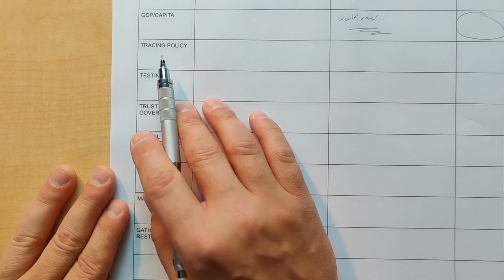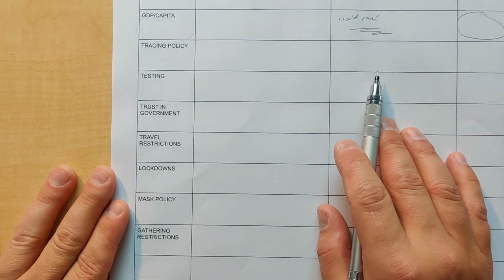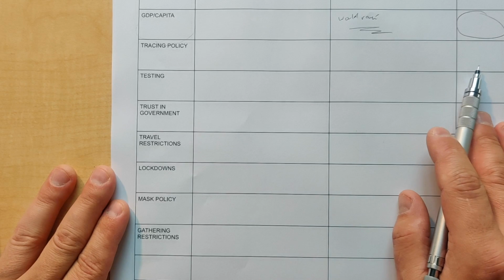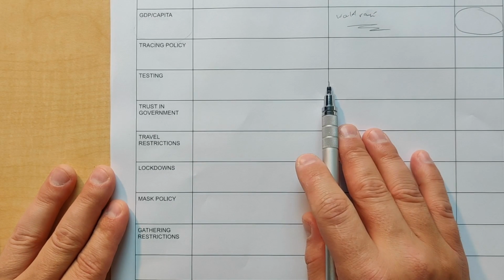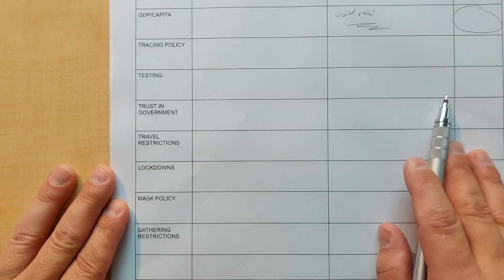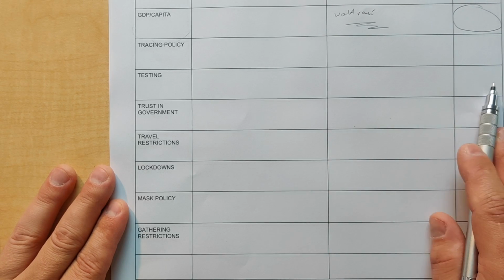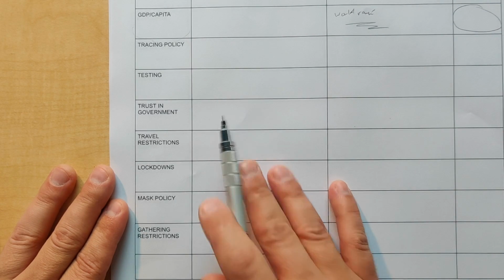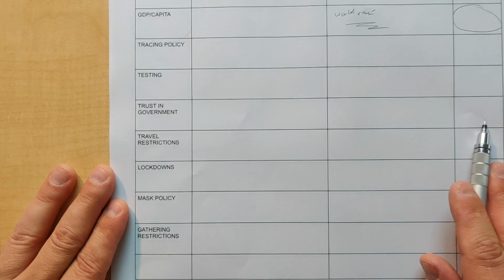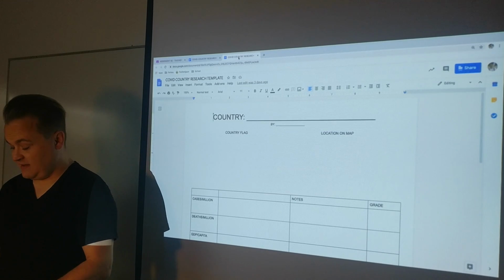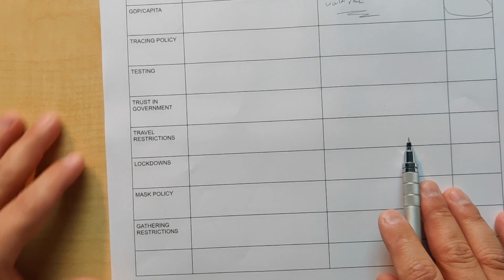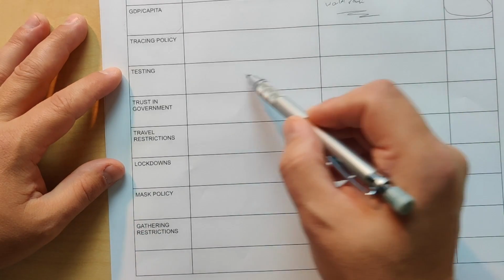Tracing policy, describe it, any notes, and a grade on how they did with tracing. What was their testing like? Explain the situation. You might not have notes there, but if you do, that's okay. And a grade. Trust in government. Notes and a grade. Travel restriction policies at different times. And notes. For these sections here,